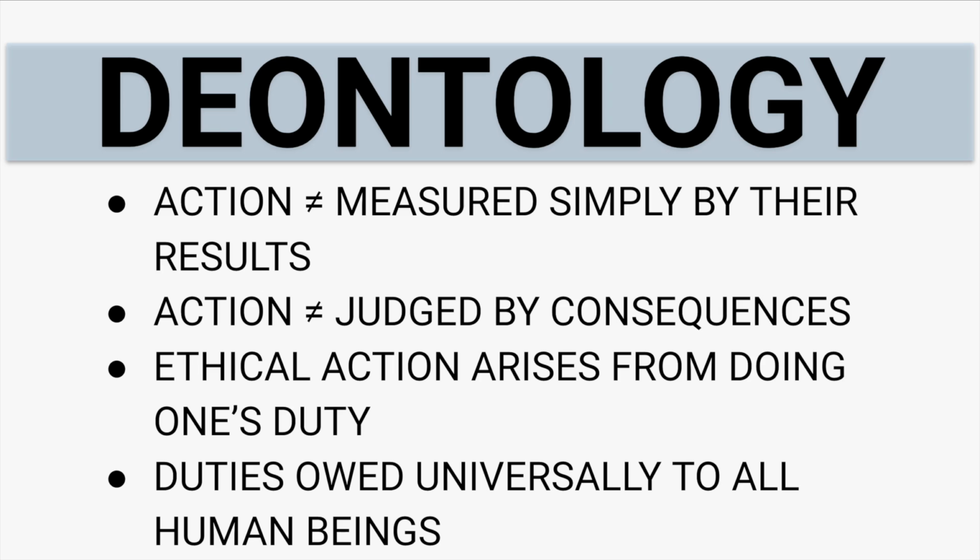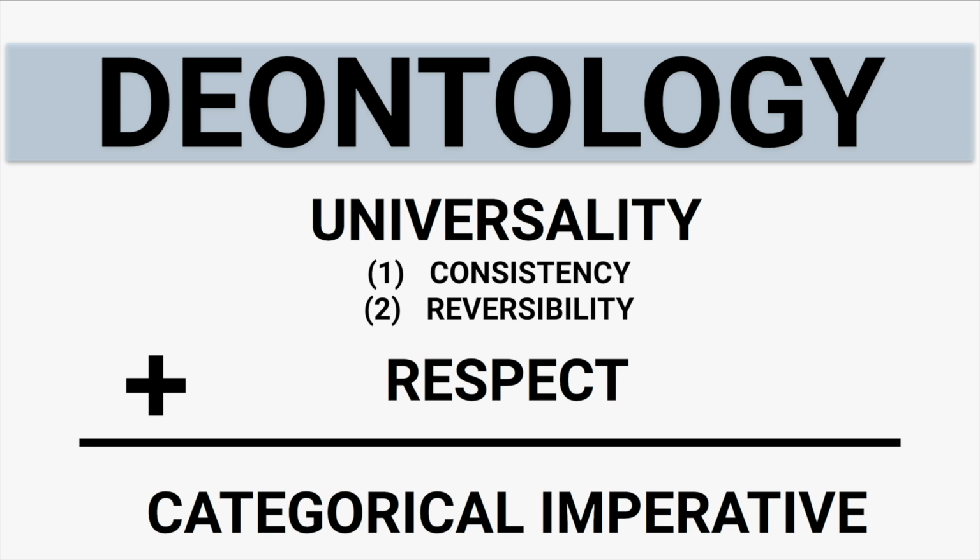Immanuel Kant, a famous deontologist, presents his writings in the categorical imperative. The categorical imperative holds that for an action to be moral, it must meet two requirements. First, it must potentially be a universal law that could be applied consistently, and second, the action must respect the autonomy and rationality of all human beings and not just treat them as expedient. For the first part, about the universal law, we often refer to that one as universality. Universality is a basic principle of equality.